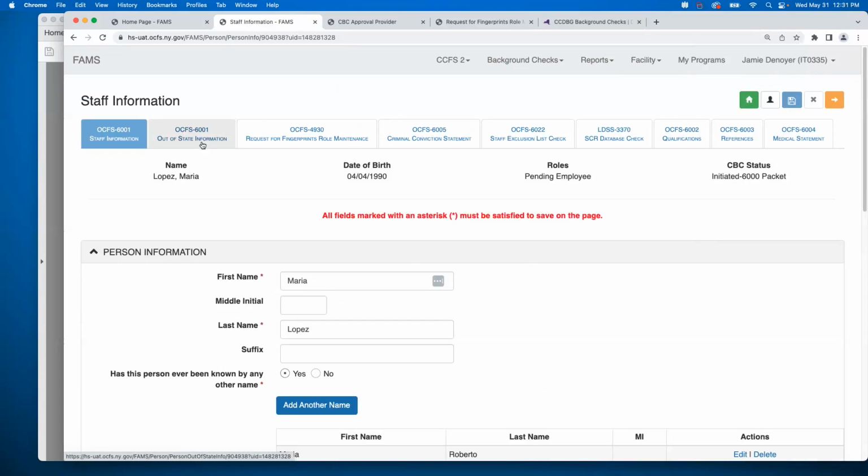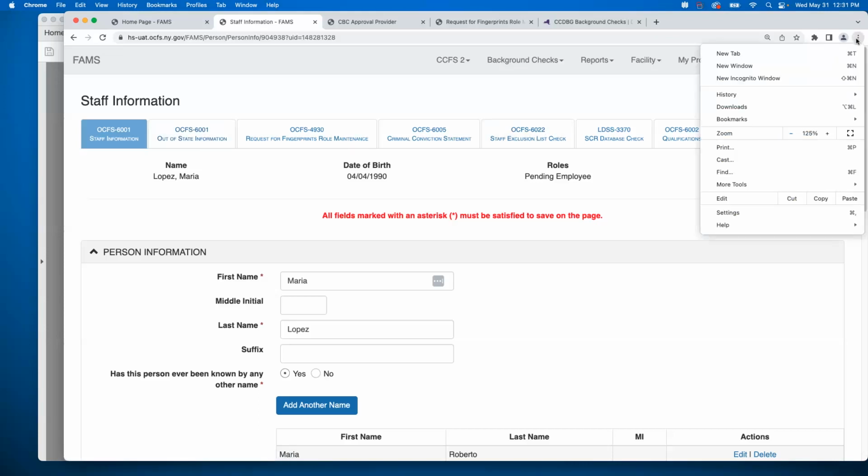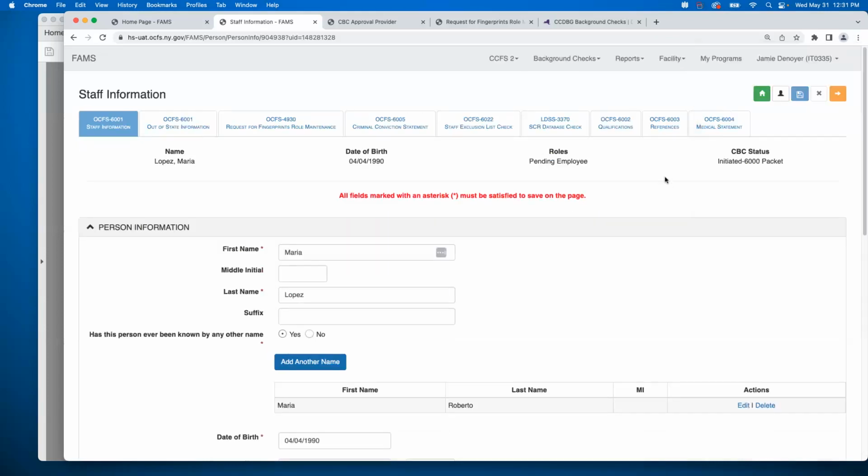So you have that paper packet, and this process replaces you mailing or emailing that packet to your regulator. Instead, you're going to enter that information. As it gets entered, your regulator will get access to it. That's what CCFS2 is. I'm actually logged in as a regulator today, and as you send them information through FAMS, they'll be able to see it in CCFS2. But let me make this just a little bit smaller. We'll go with 110%.